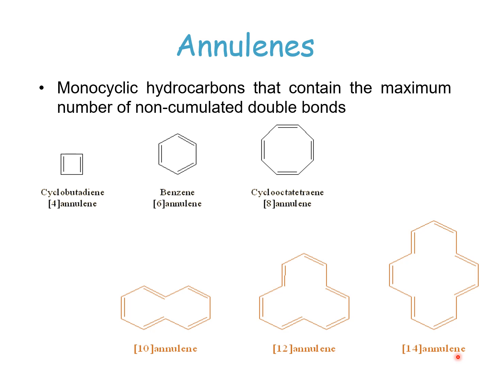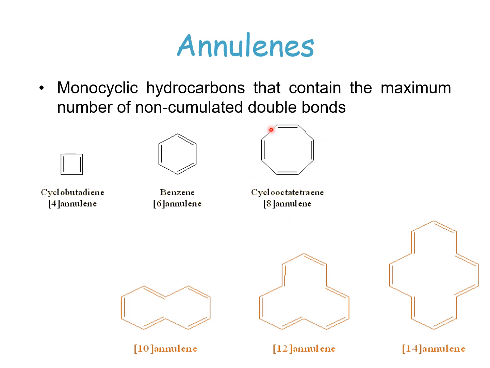If you try to apply Huckel's rule to this kind of compounds, you can see all of them are cyclic, all of them are planar, even bonds are conjugated, they are alternate, and then test every compound whether they satisfy Huckel's rule or not. So in case of cyclobutadiene, they contain 4 electrons. As per Huckel's rule, we should have either 2, 6, 10, 14 electrons. So cyclobutadiene is not aromatic.